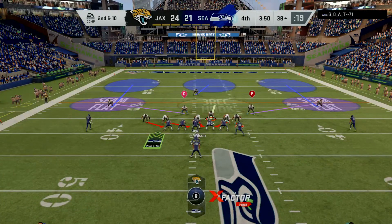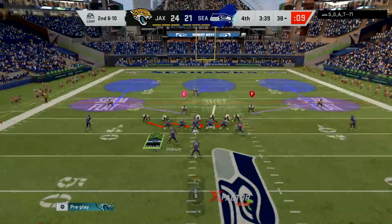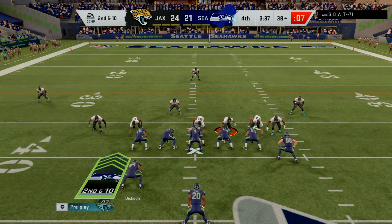They're not ready for this. They still playing soccer. Y'all playing the wrong football. Shoot. 14, front it. One fluff. Hey,